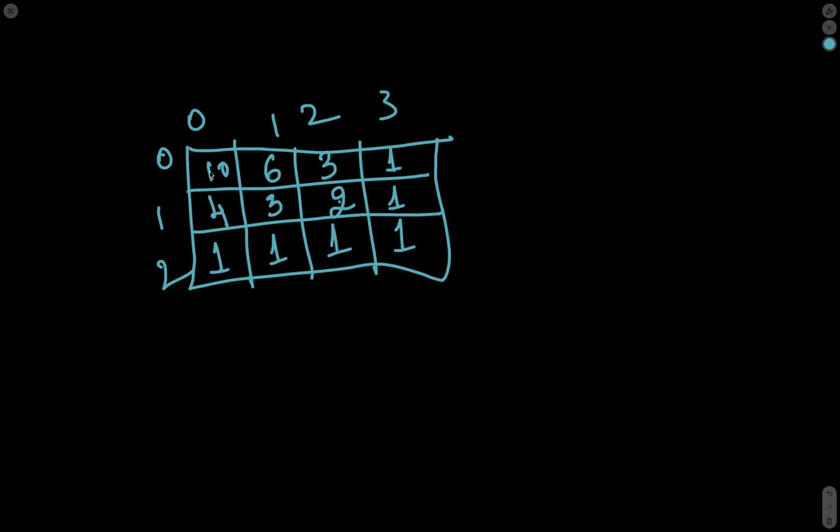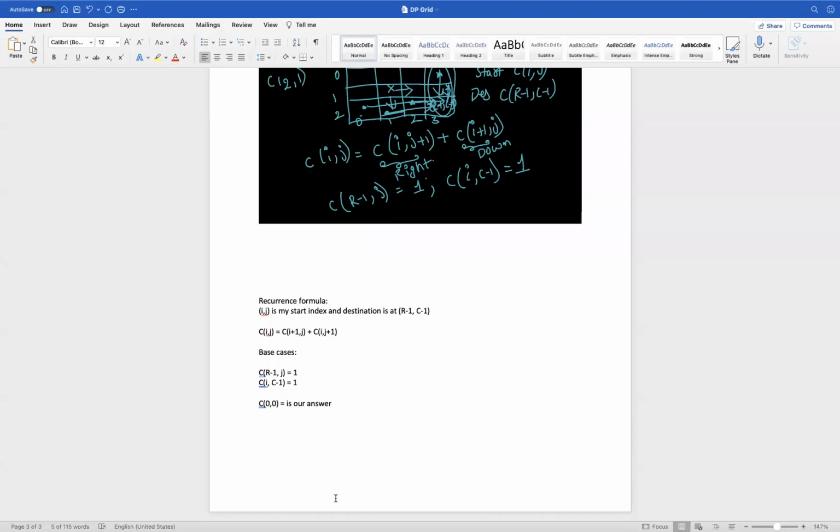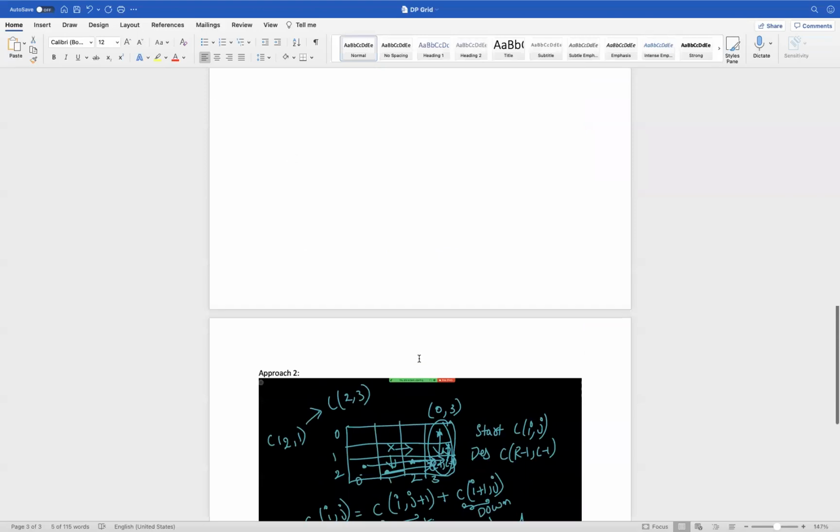So in this approach, where does our answer stay? Our answer stays at C of 0 comma 0, which is equal to 10, right? C of 0 comma 0 is our answer. That's how it works.